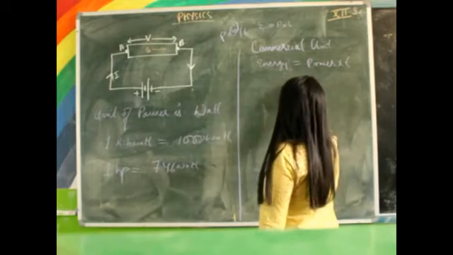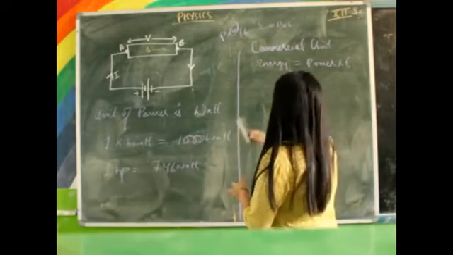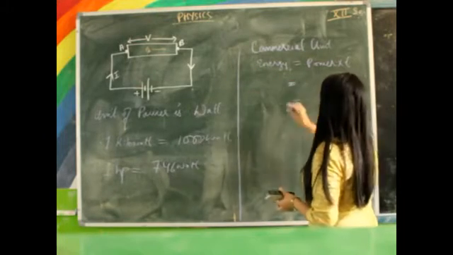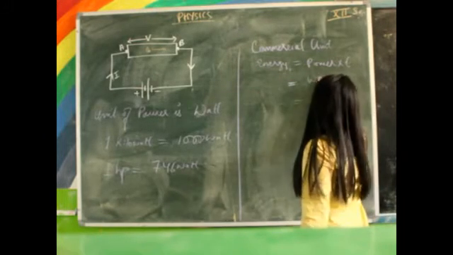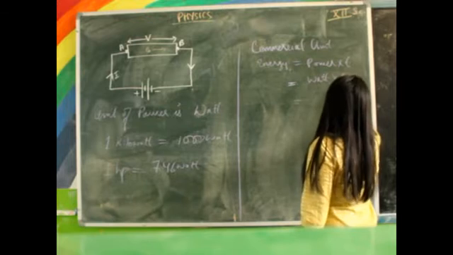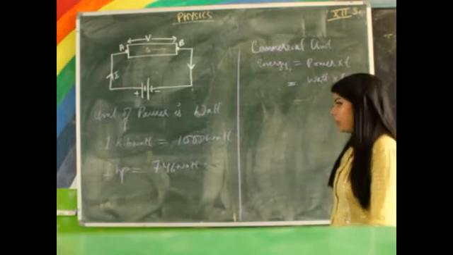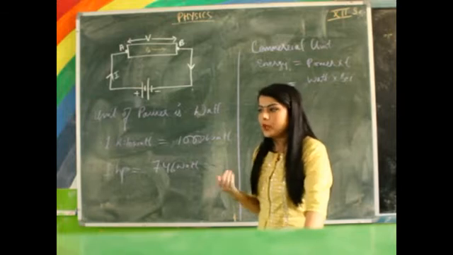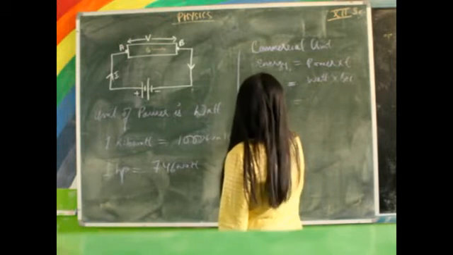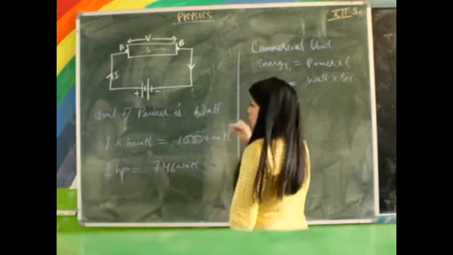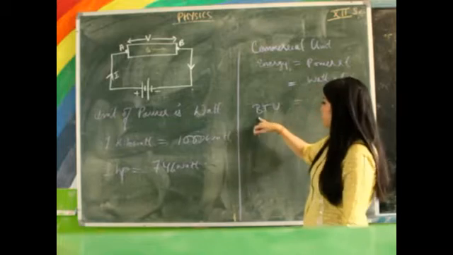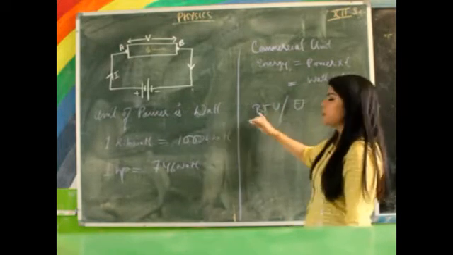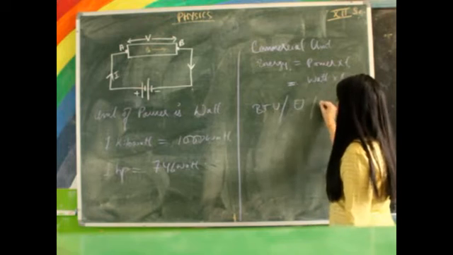Now the commercial unit of energy. The unit of power is watt and time is second. That will be your energy part. Now in our household there are different ways of calculating units. That is BTU, board of trade unit. This is one unit for energy. And the other one is